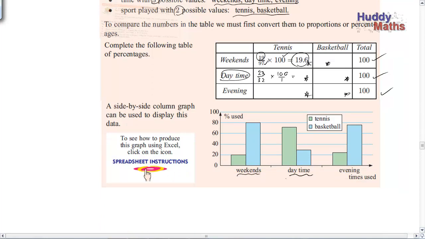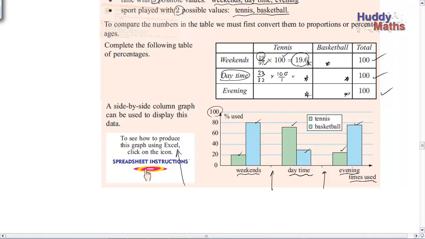Weekends, daytime, have a gap between them. The evening, gaps in here because they are separate categories, and percentage use. So 20 plus 80 should come to 100. So each of these totaled should be 100. All right. So let's have a look at how you do that with